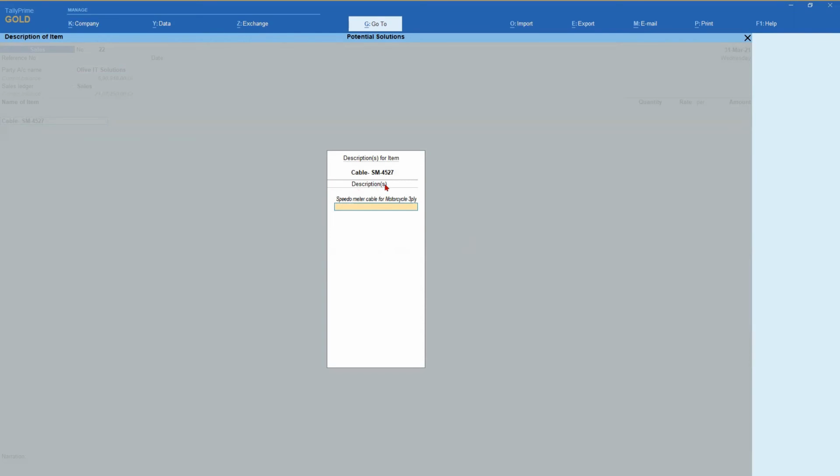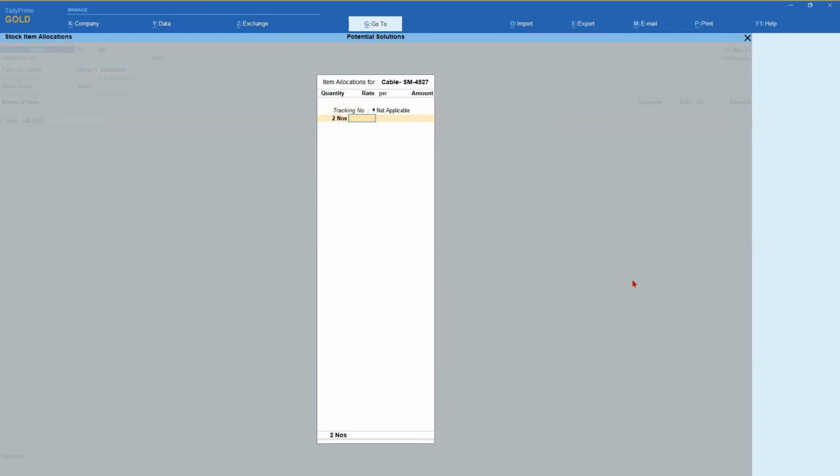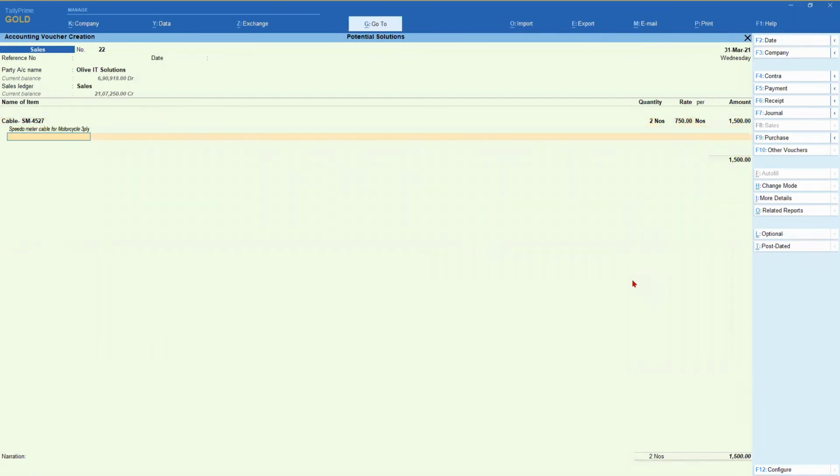Only thing is that this is the description that is provided in the master, which will remain for the master, and every time when you do the invoice, this description is going to be auto populated. But any additional description that you enter for a particular invoice will not get retained or will not get saved. So every time the user has the flexibility of adding additional description while invoicing. So let's leave this as it is. Okay, then I'm going to say 2 cable I'm selling at 750. Okay, end of list. Okay, now this is coming, and then now I'm going to save this. Press Control A to save.